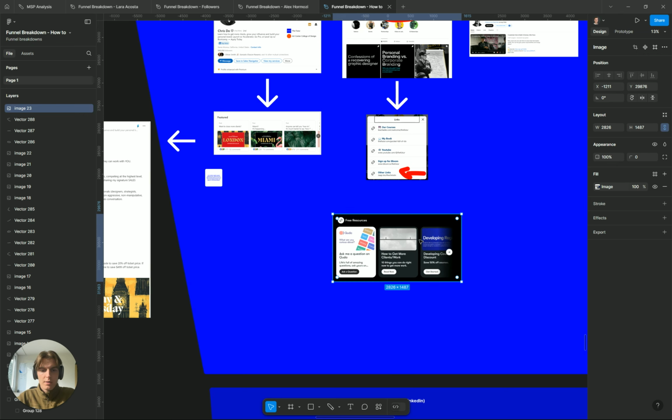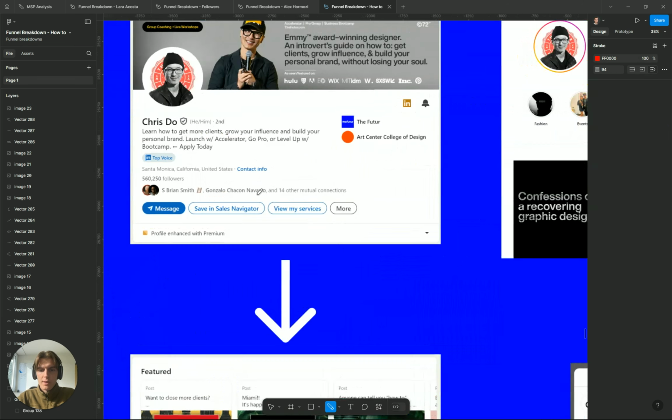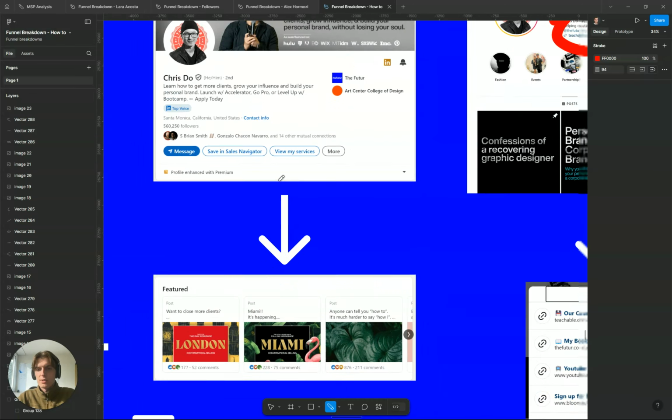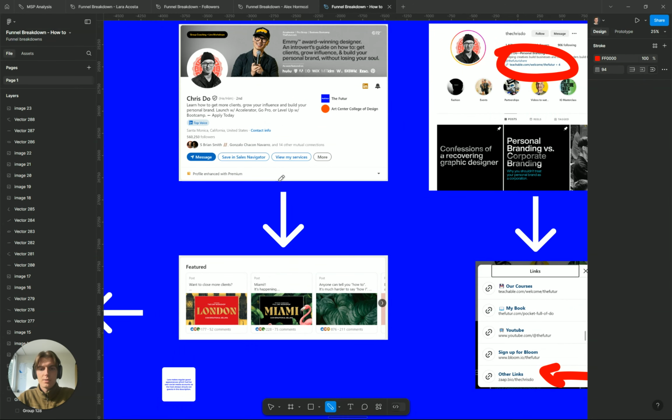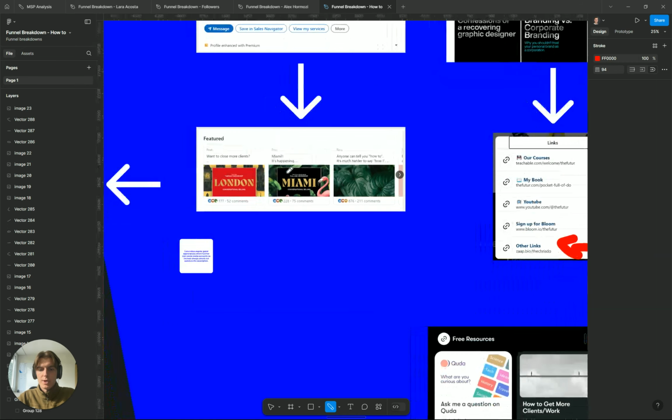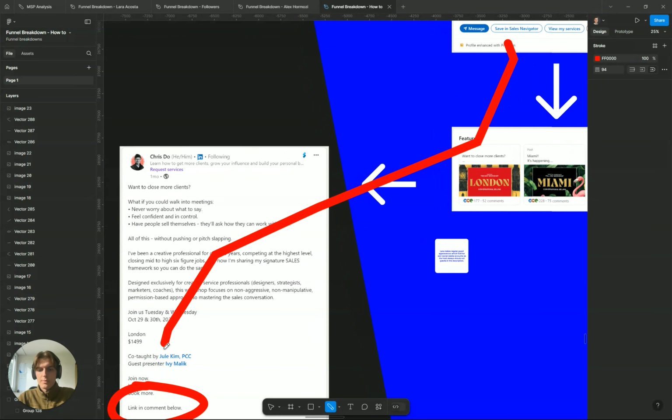So why is he giving away these free resources here, and why does he not have that link here? He only has a few of my services here. Probably because he's targeting a higher status audience, and he only wants them to sign up to his Launch Accelerator bootcamp, which is his higher ticket stuff, which is this. Right? So now I'm starting to make sense of what the steps are and what the difference